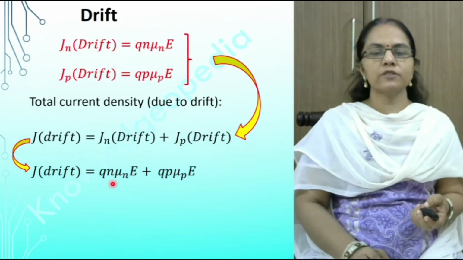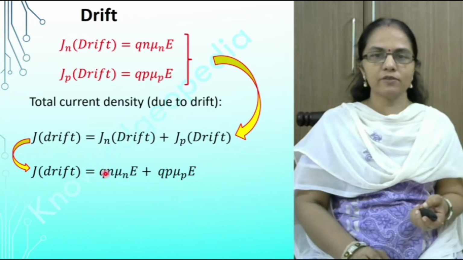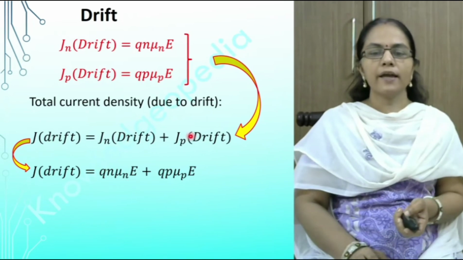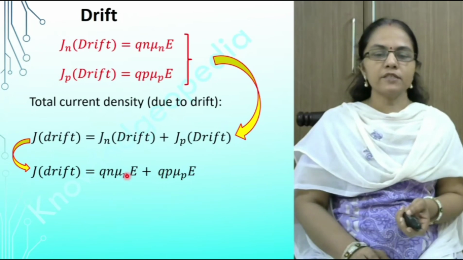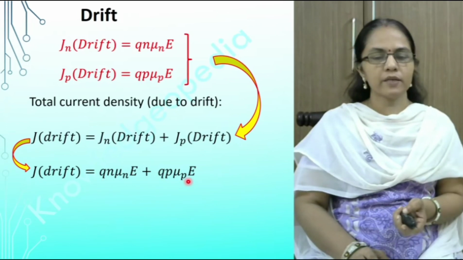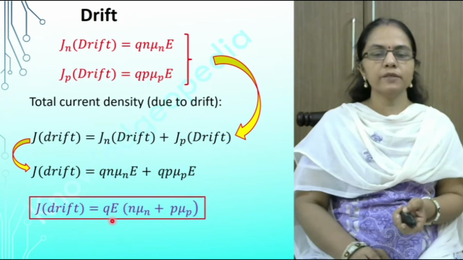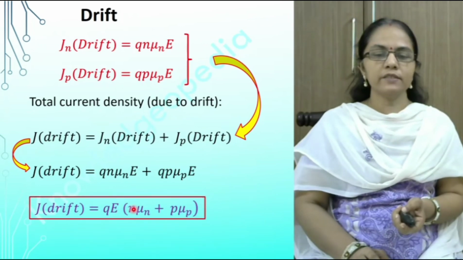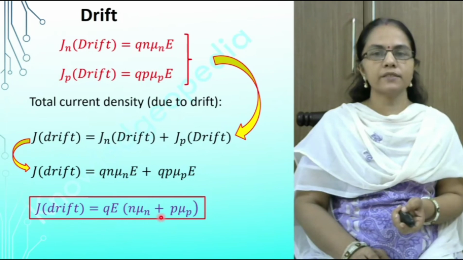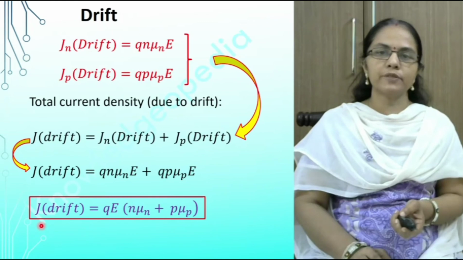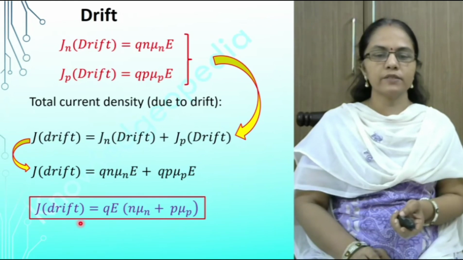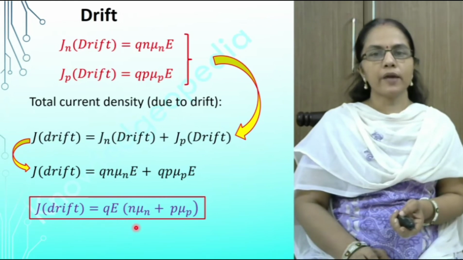J drift is equal to Jn drift, which is Q n mu n E, plus Jp drift, which is Q p mu p E. From these two terms, you can see Q and E are present in both terms, so I can take those common, and what I am left with is n mu n plus p mu p. So the total current density due to drift of carriers is equal to Q E into (n mu n plus p mu p),